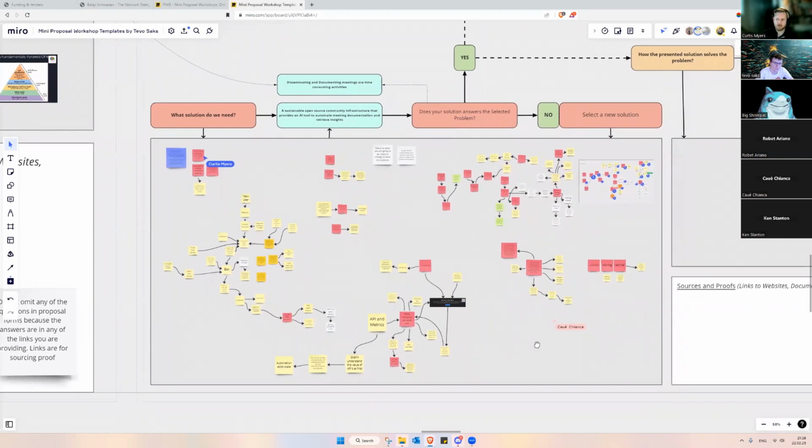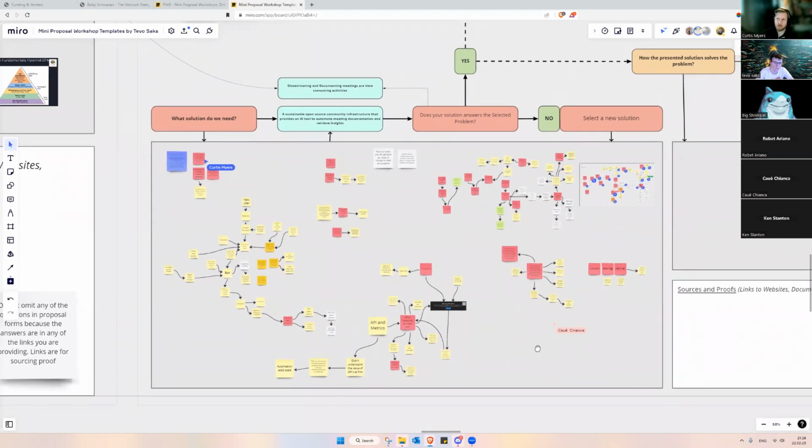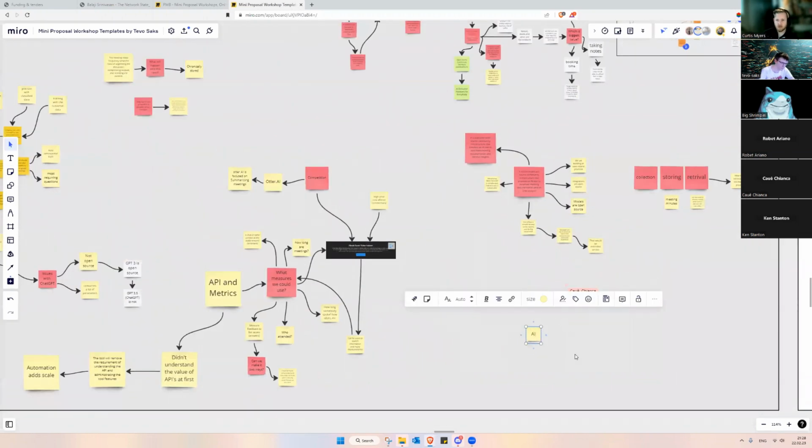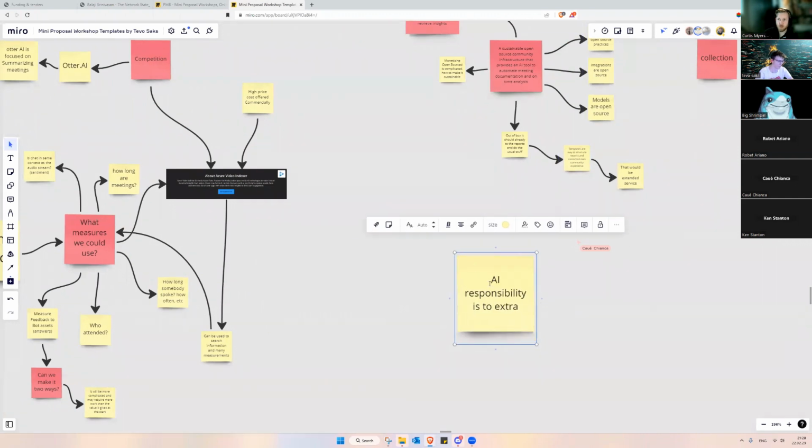So AI's responsibility in this case is to extract the value when it's appropriate, when it's relevant, and then assist in disseminating that information and presenting it in a quick and accessible manner instead of just long form. How do we keep it simple for the end user? Yes, we do plan to make it simple for the end user. Yeah. But how do we do that?